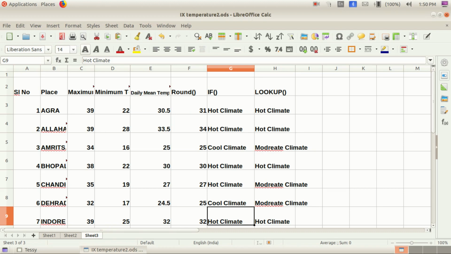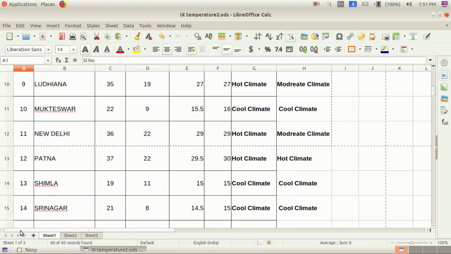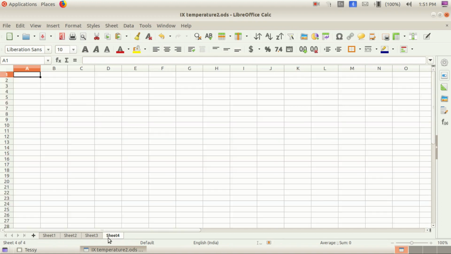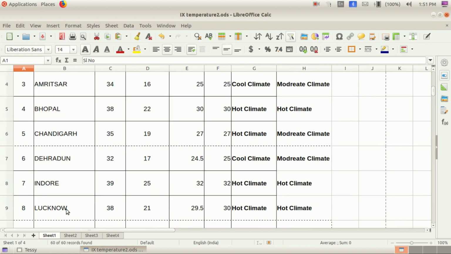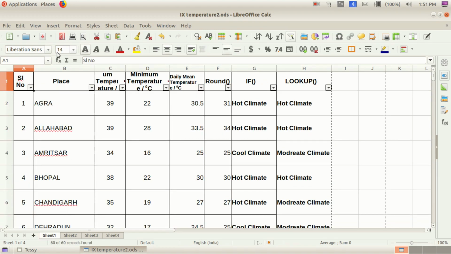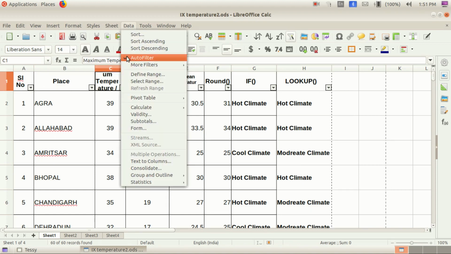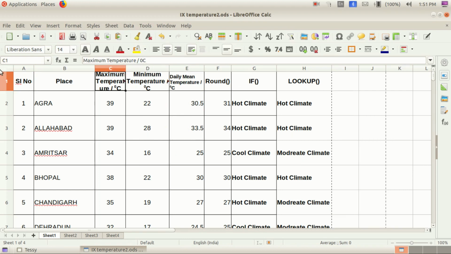Okay. Next is what, children? Protecting. It is needed to export. Let us export the first sheet. If you click the plus button, you will get the sheets, children. Now you have 1, 2, 3, 4 sheets here. In sheet 1 is our original data. Okay. This is the data which has the filter. Now let us turn off this filter. After use we need to turn off the filter, children. Click anywhere and the data autofilter is off. Now that is lost. Okay, we don't want that always there. That is not nice also. Something will happen if you click anywhere, that you will lose sometimes.